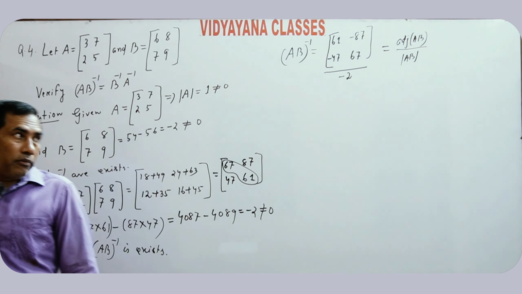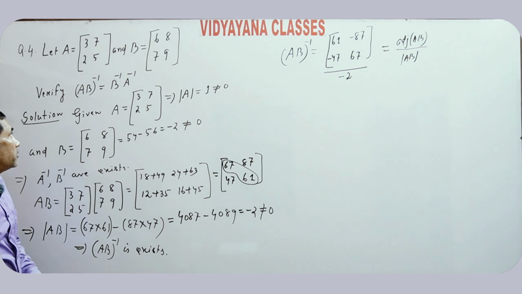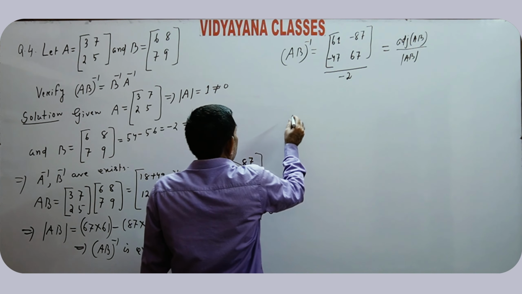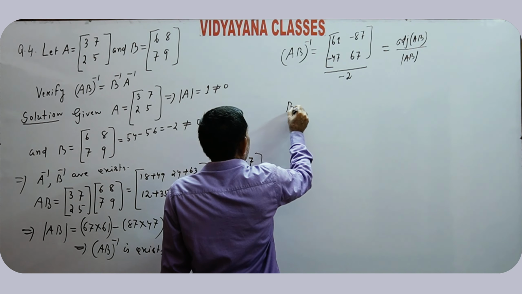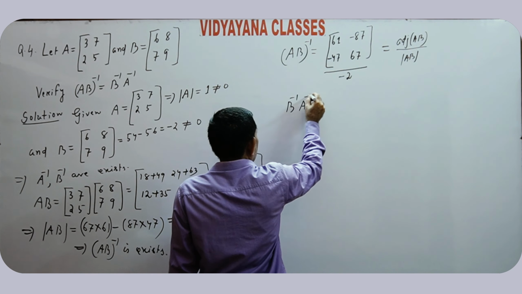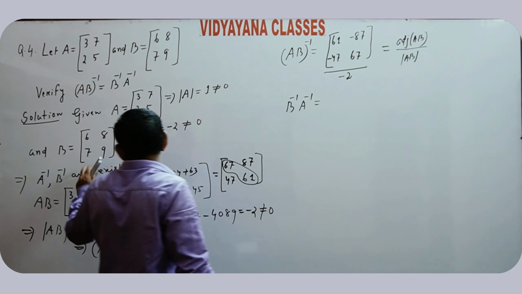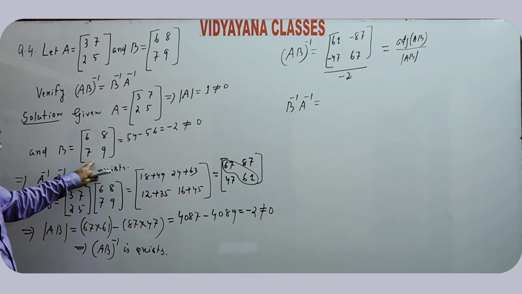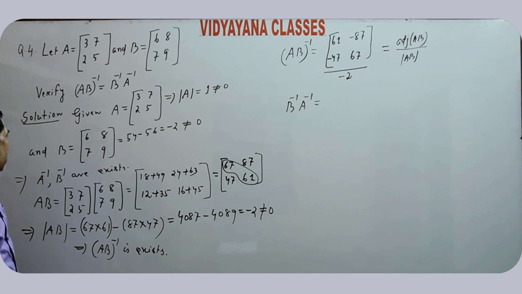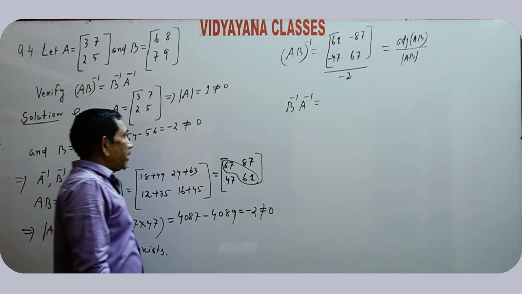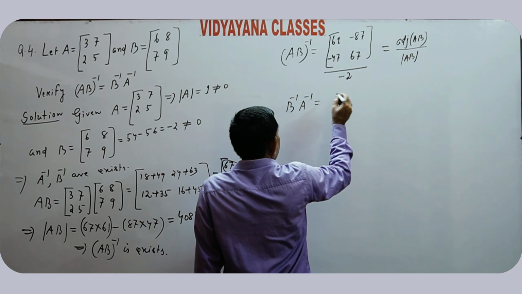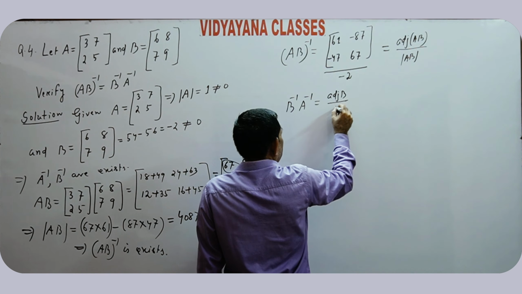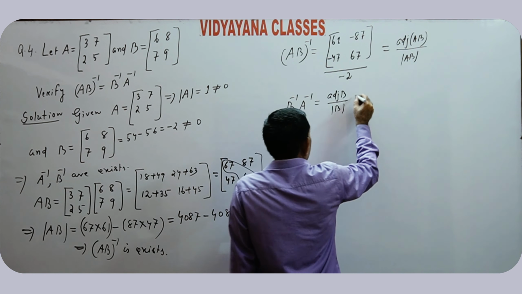It is the inverse of AB. Next, B inverse into A inverse. B is a square matrix of order 2, so we can find the inverse by the direct method. That means adjoint of B divided by determinant of B, into